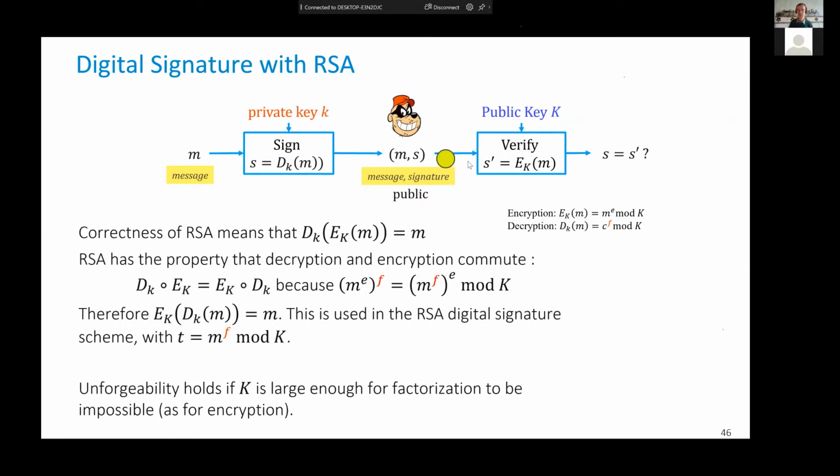I send it, and when you receive it, you will recompute the signature, but using the function which we call E, encryption, with the public key K here. Here, I said decryption and encryption. In fact, we should give different names, but it turns out for RSA, this is exactly the same function I used when I was decrypting a message here. And here, it means that if I decrypt,